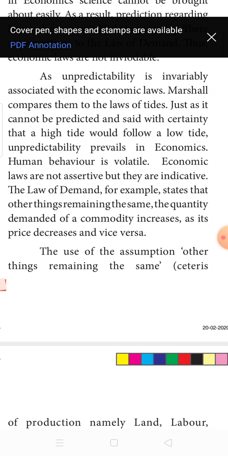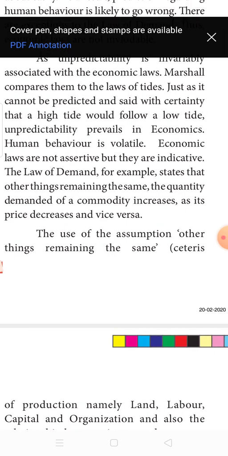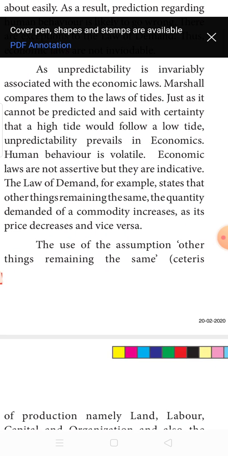Next, human behavior is volatile in nature. Volatile means that which never stays for a long time. It is susceptible to changes. Now I am in a very good mood to take the class. After half an hour, if you ask me to take the same topic, I may not be in a position to take the topic in the same tempo, because human behavior is volatile. It doesn't stay the same throughout the lifetime.